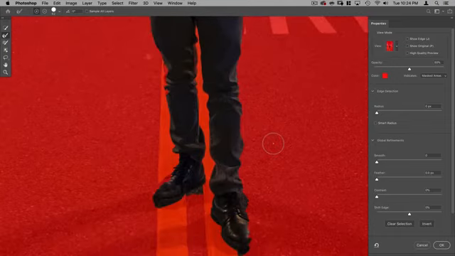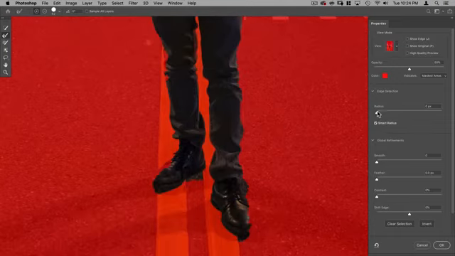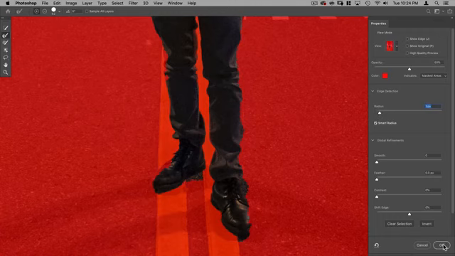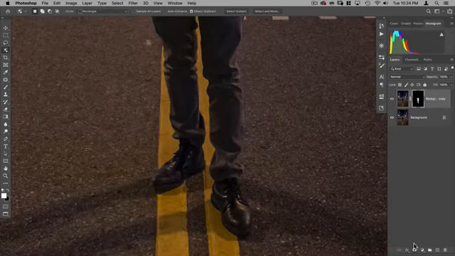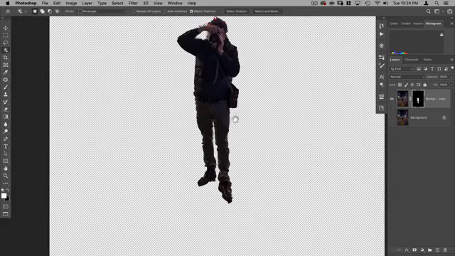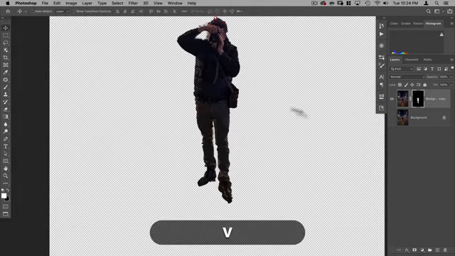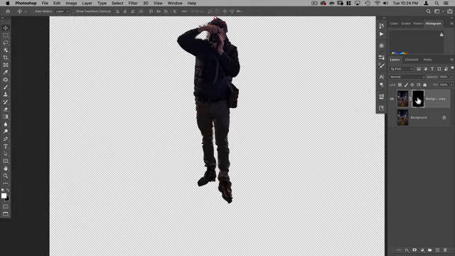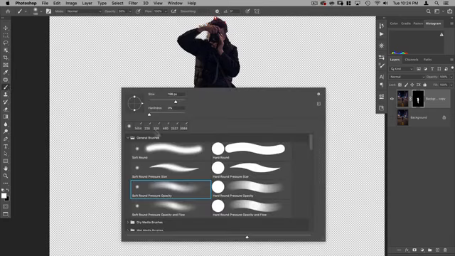Okay, and the rest I'm going to do in Photoshop with a mask. So let's just add a radius of 2, hit OK, and add a mask. All right, now if I turn off this layer, you can see my mask. Definitely needs a little bit of work. And we're just going to do that by painting on the mask with our brush tool using black and white. All right, so let's go on our brush. I'm going to select the soft round. Really, it doesn't matter which of these you select, but select a soft brush.